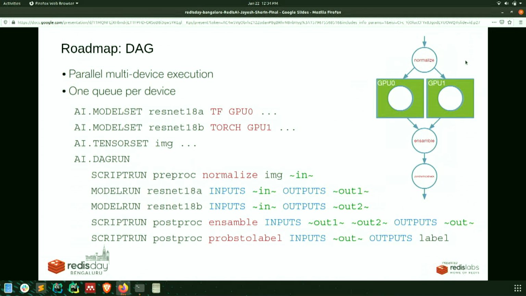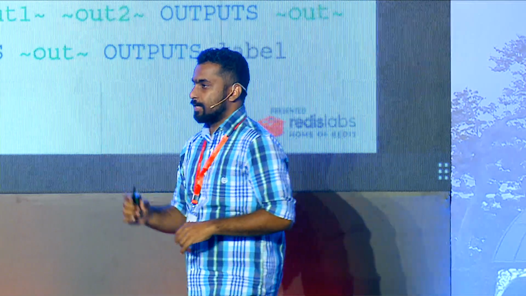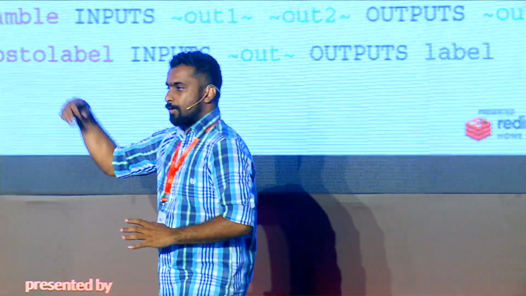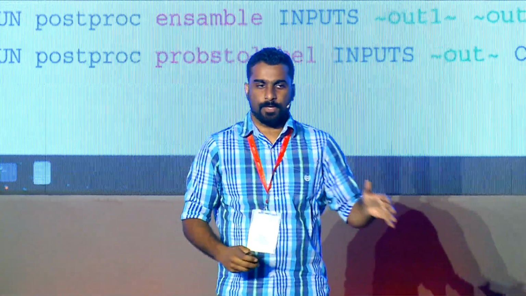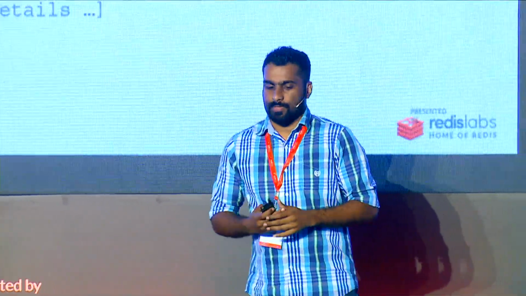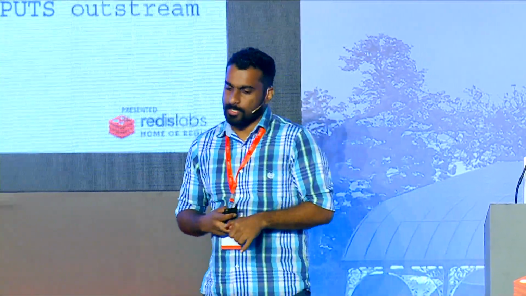If you have, like given in the picture, more than one model running in parallel, RedisAI will understand that and automatically run your models in parallel without you specifying whether it should run in parallel or not. Async: if the model takes a lot of time, you can essentially run async. It's something that we are still debating about, but hopefully you'll see it in future RedisAI releases.